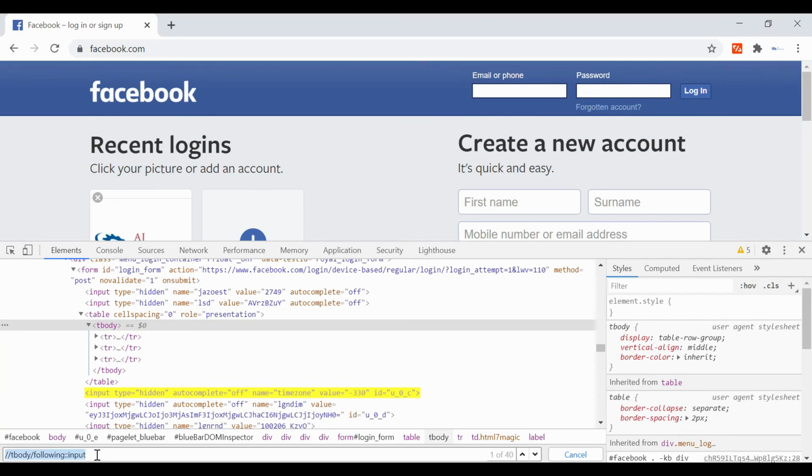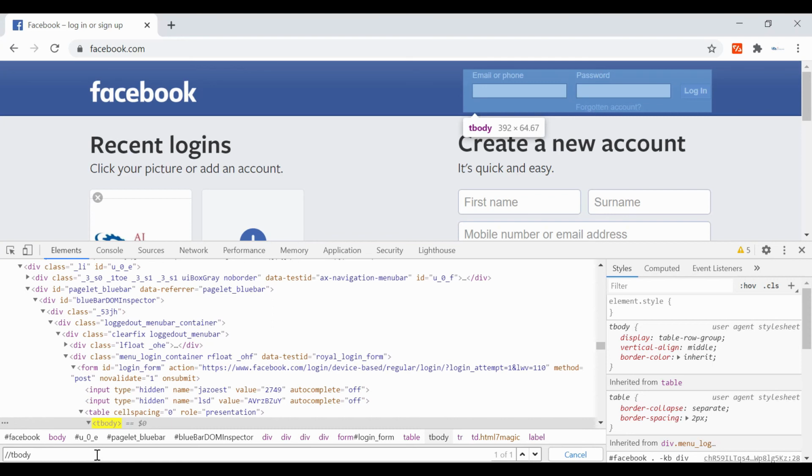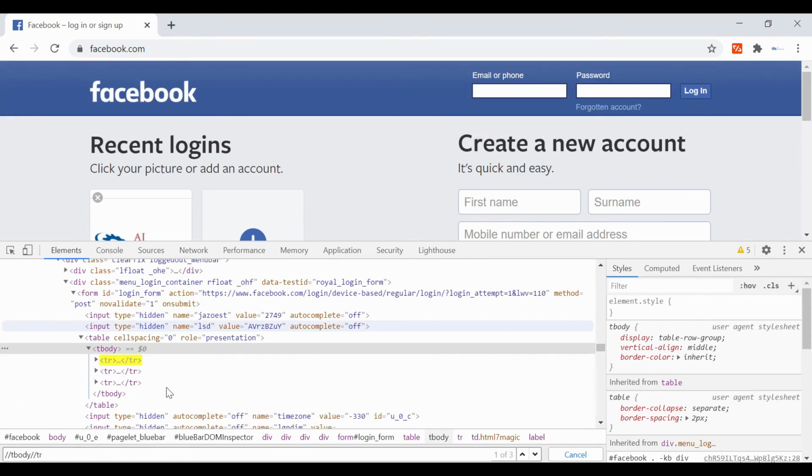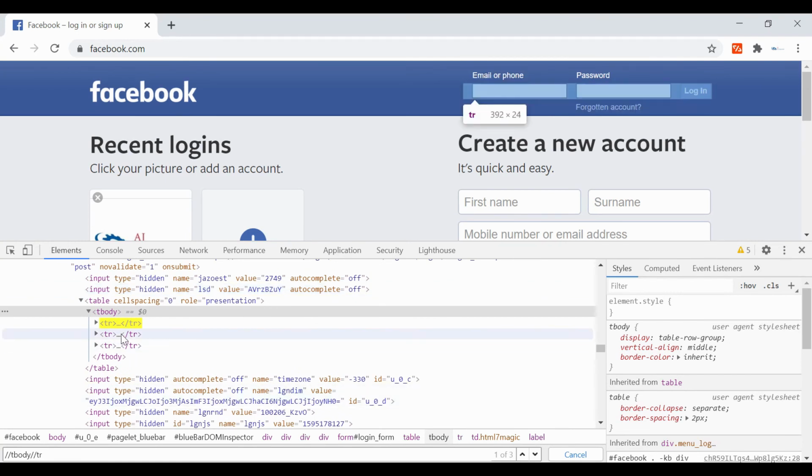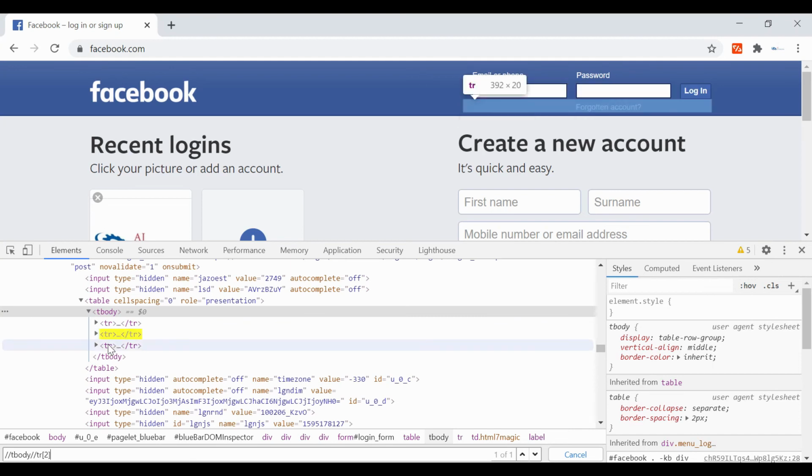From tbody, if you want to go to tr, you want to go to the second tr first, using indexing. Now from this I want to go to the next one using following-sibling. So how can you go using following-sibling?